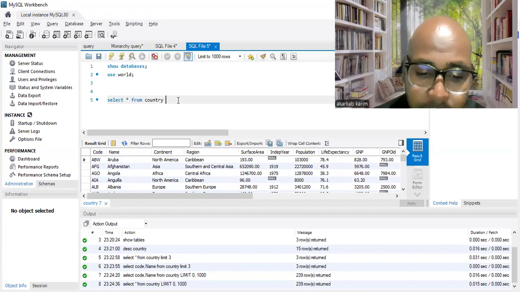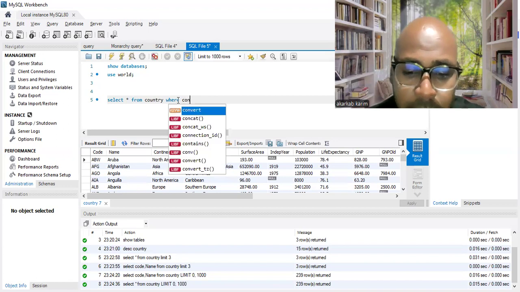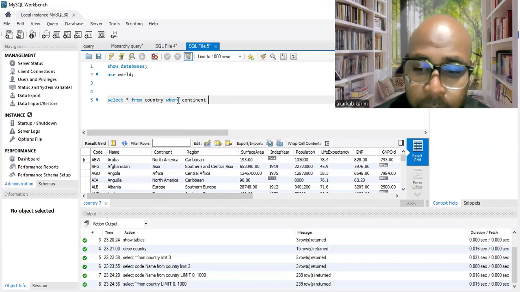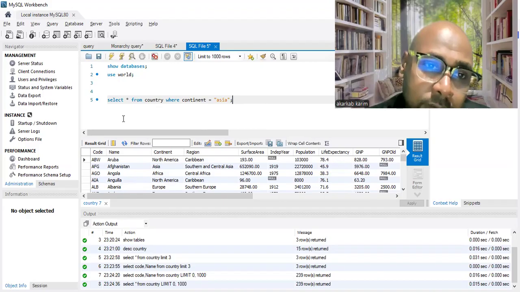Where I want to return just the data that we have, so here let's choose the continent. We have continent is equal to, let's choose Asia, for example. I want just the countries that we have in this continent of Asia.